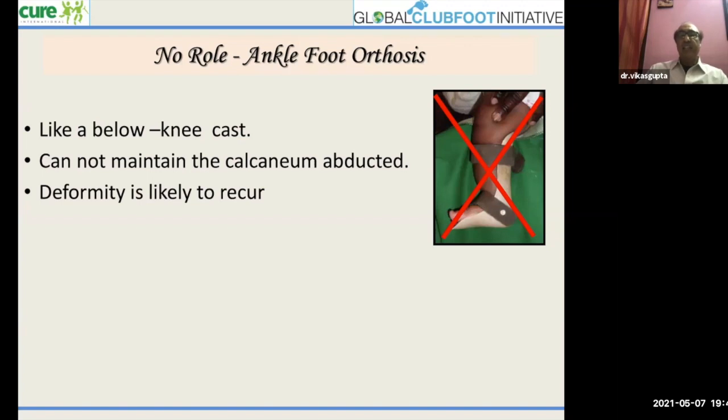So before I finish, let me conclude verbally that I hope you all are familiar with the Ponseti method. Remember that in spite of being a simple method, it is a very specific method of manipulation, casting, bracing, as well as follow-up. One must understand the intricacies of each of these steps to achieve a good outcome. My request to all the residents: they must learn about clubfoot and the Ponseti method, even if they are posted in a specialized unit which does not do pediatric orthopedics, because not only from the exam point of view, even as a general orthopedic surgeon, one must know the management of clubfoot. So thank you very much.